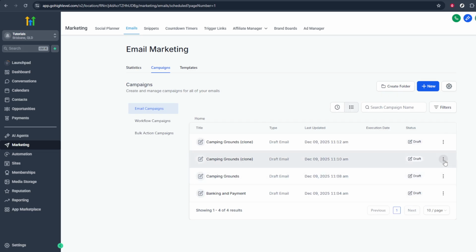Click on Clone. Go High Level will create a copy of the campaign, usually with the same structure, content, and settings as the original. The new campaign will often have "copy" or a similar label added to the name, so you can easily identify it. Once the clone is created, you can open it up, rename it, adjust the content, update your subject lines, and tweak your audience or schedule as needed. This simple cloning process can save